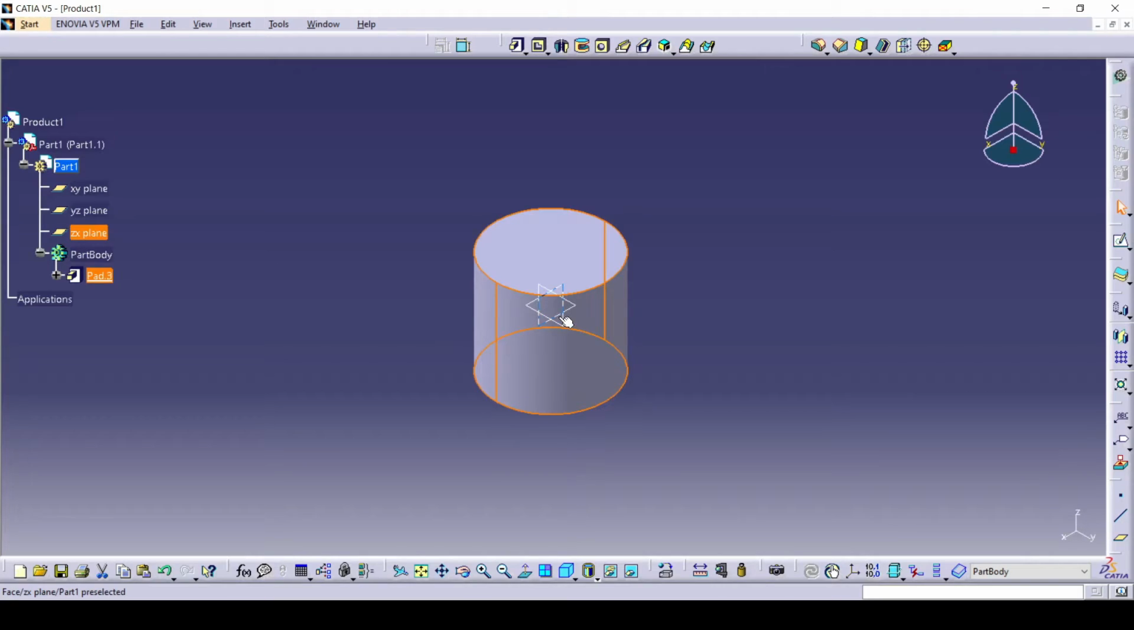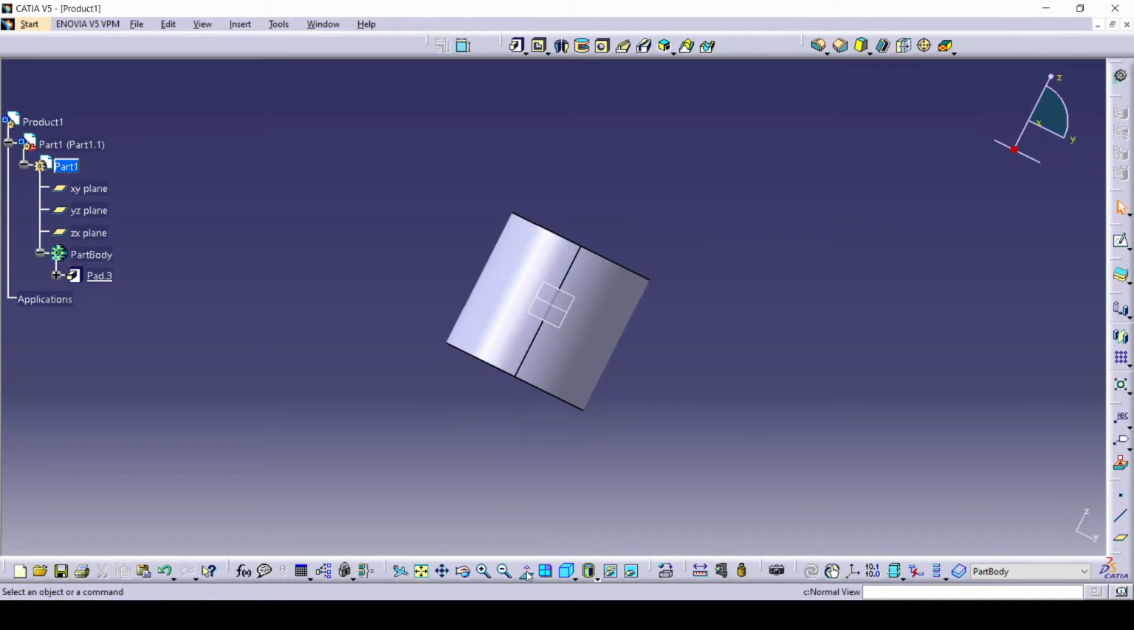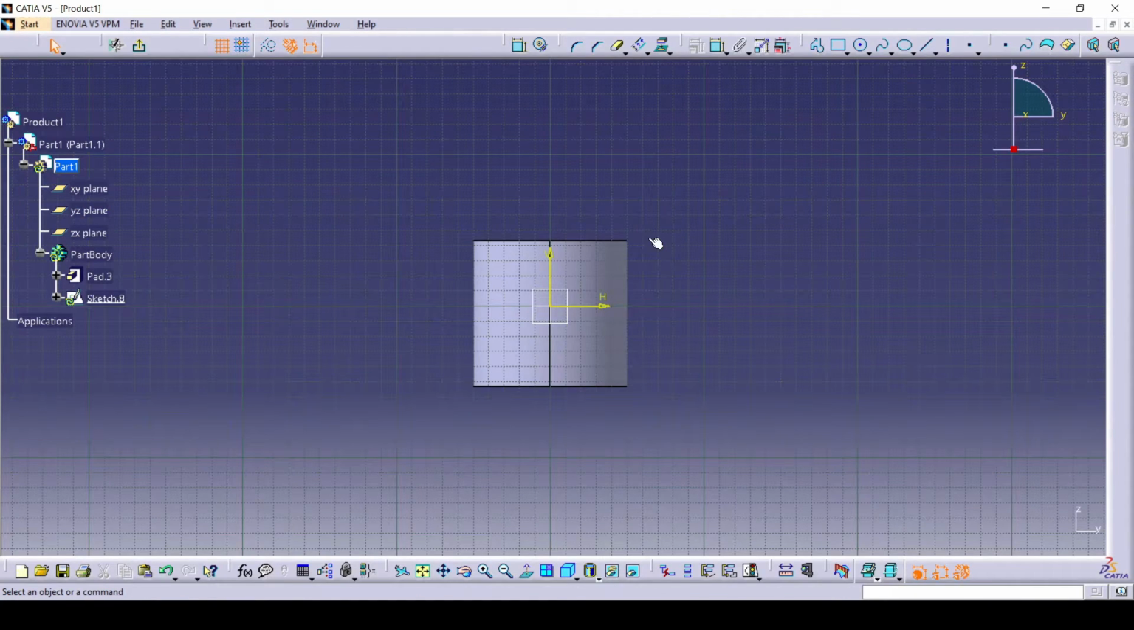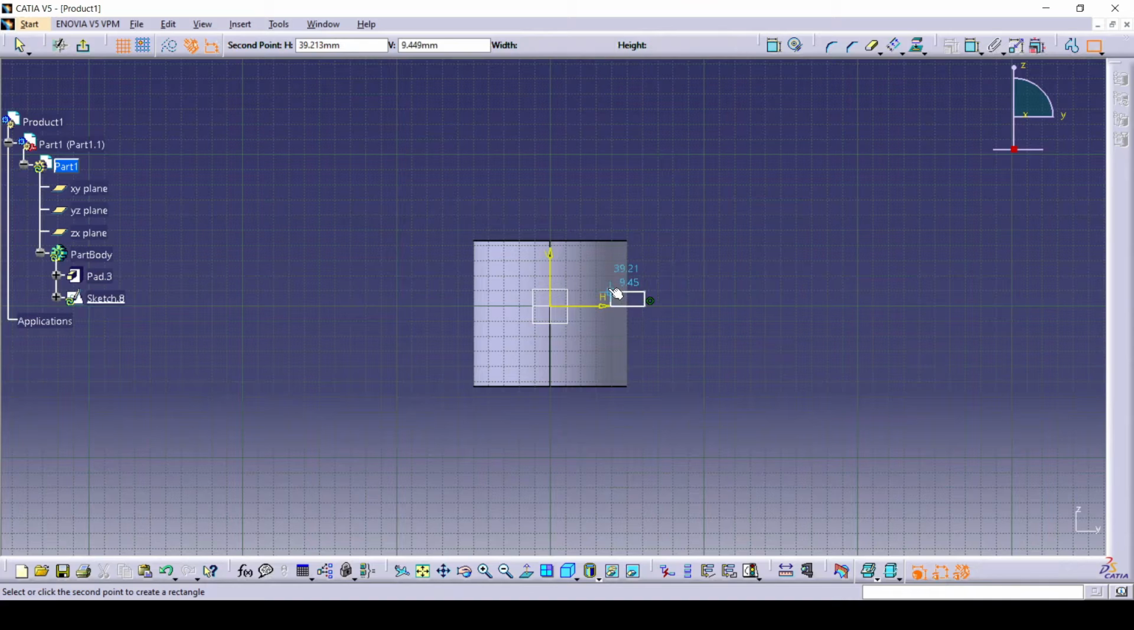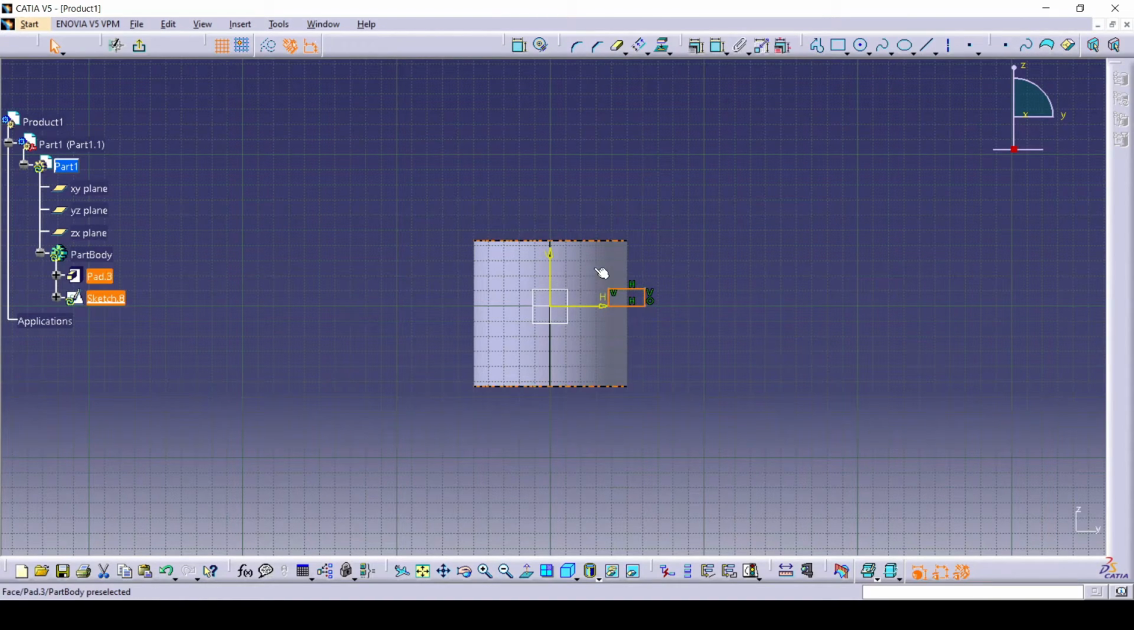Okay, now what I'm doing is I am selecting a plane here. Let's say I'm selecting this plane, YZ plane. Okay, I'm going normal to that plane, and I'm going to sketch on that plane. I have selected the YZ plane, and I'm going to click on the sketch button. Now I'm going to create a rectangle here, like this, and I'm going to exit the sketch,